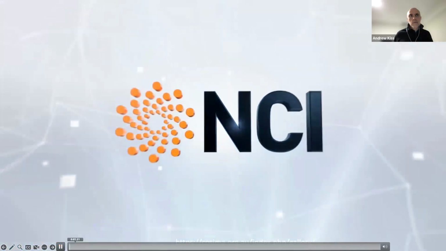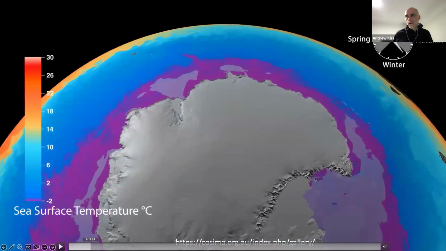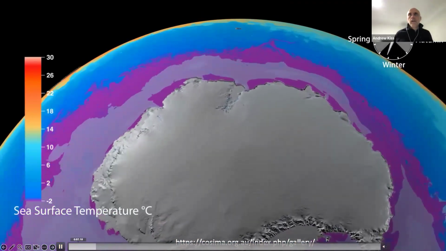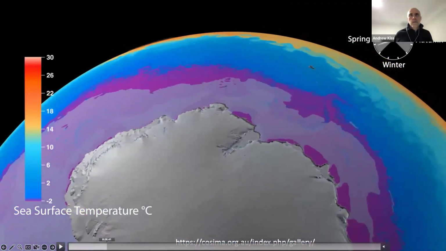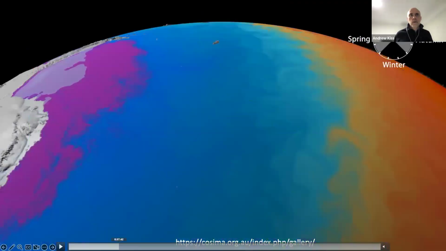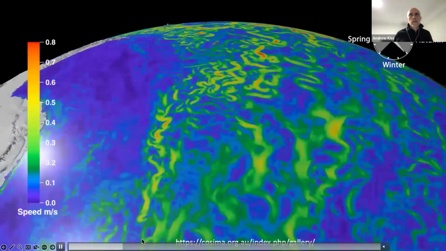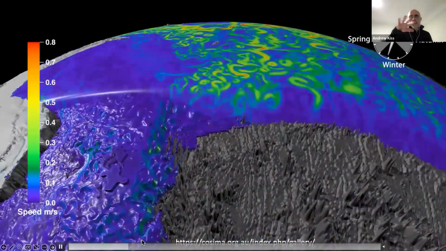Just to give you some more visualizations. So this is the Antarctic, and we're going to zoom in and peel away the surface of the ocean. All right, so these are the surface currents, and this is peeling away and looking down in the ocean at